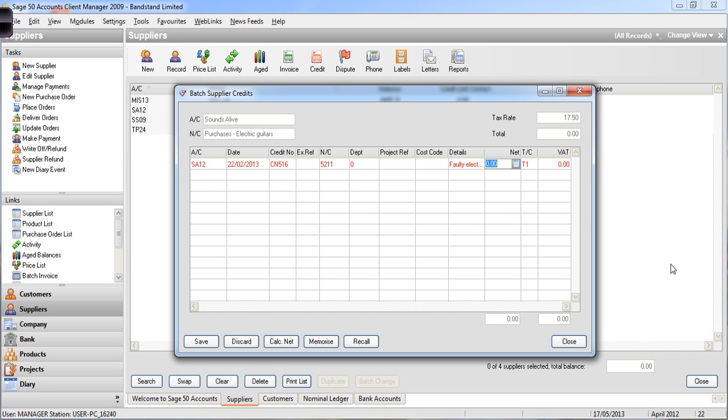Right. Now this time, again, I'm going to enter the gross total. Now what I can do is I could select F9. Okay, now if you select F9,